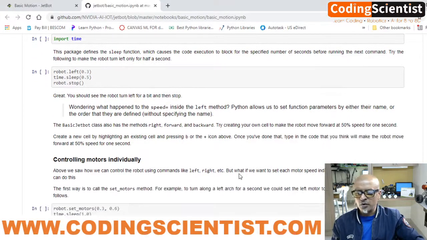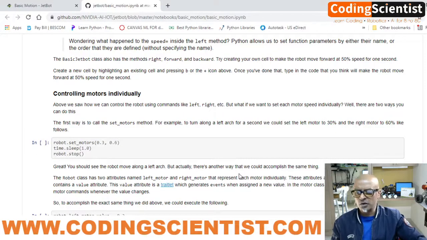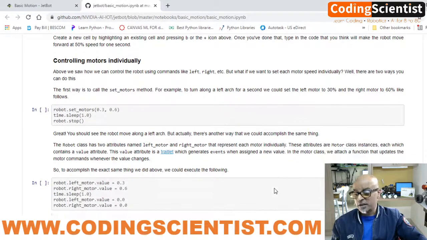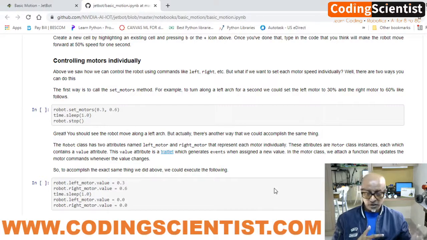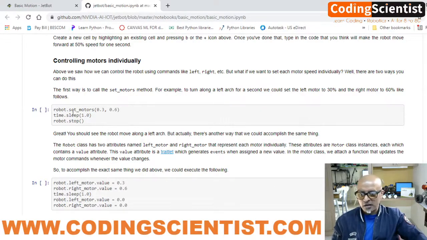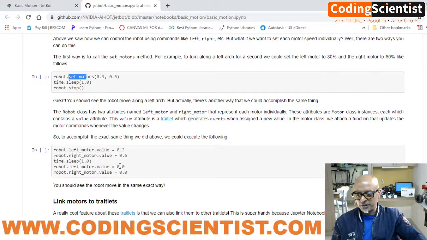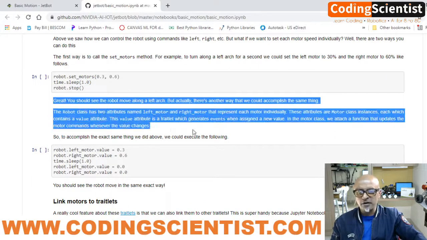The next line of code, robot.set_motors, time.sleep, robot.stop, is basically the same thing. In this section of Python code, we are setting a user defined method within a function called left and sleep and stop again. So guys, it's pretty much self-explanatory. You can go through my Python tutorial, or there are tons of other tutorials available on YouTube, free of cost. You can learn yourself and try to understand how this code works. It's pretty straightforward, and most of the explanations are given here itself.